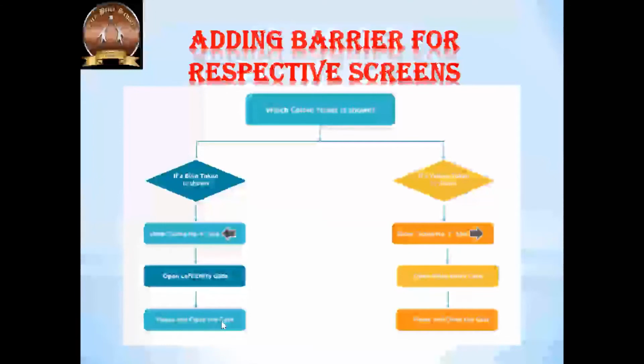But if a yellow token is shown, then it will guide us towards screen number 1 and it will open the right entry gate. Again it will wait for some time for the person to go, and then close the gate after some time. So this logic is for controlling the position of the barrier. This is the main left entry and the right entry. Two motors are being used.